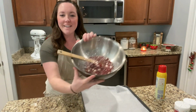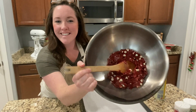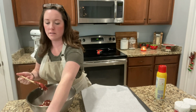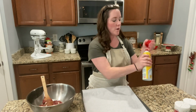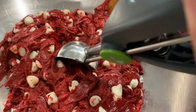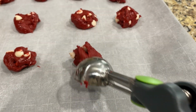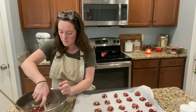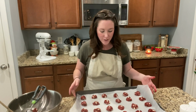I have my cookie batter here and it is looking beautiful. So we'll go ahead and take the plastic off. And I'm going to start spooning it out on here, but I have parchment paper on the pan and I'm gonna go ahead and lightly spray it with some Pam. So I finally got all of my cookies scooped out and onto the pan, and I'm gonna go ahead and